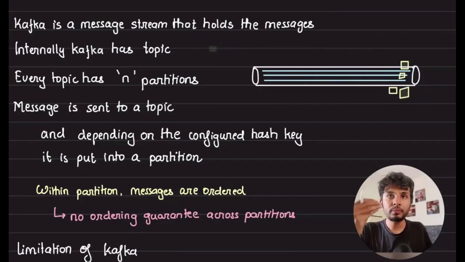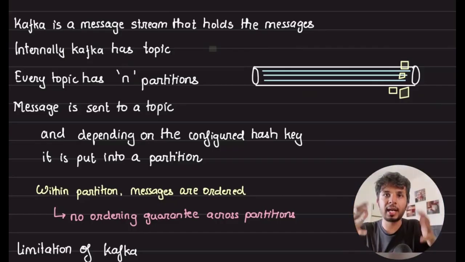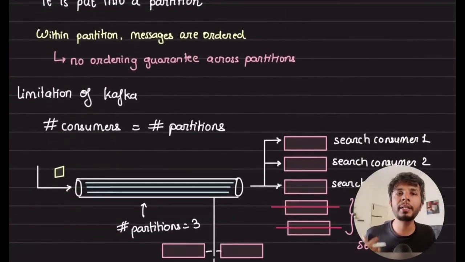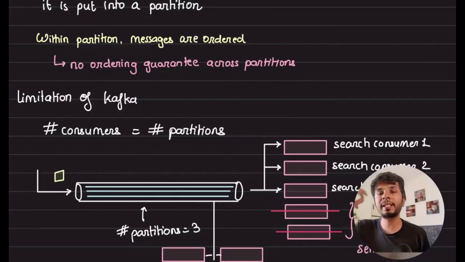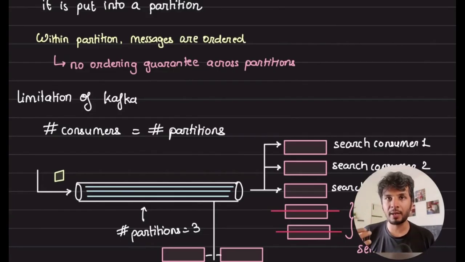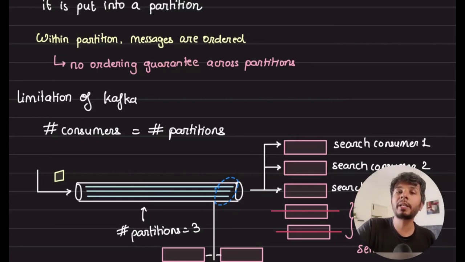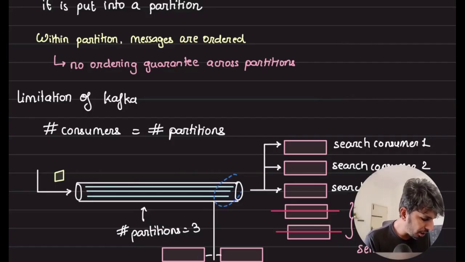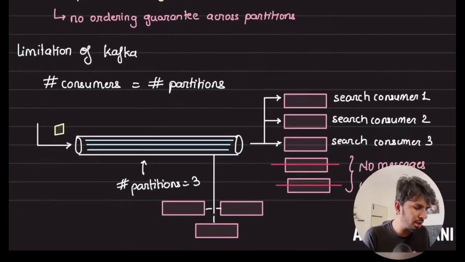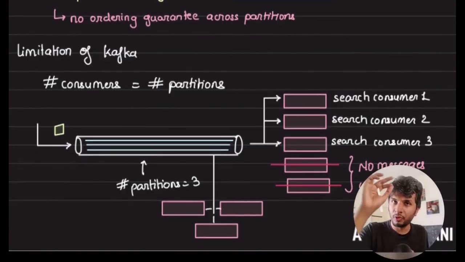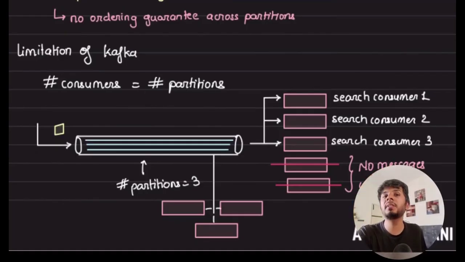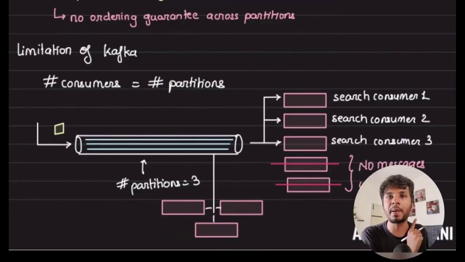Okay. Now that messages are there in Kafka, you want to read those messages. How will you read them? When you're reading from a topic using consumers, let's say there are n consumers. For this Kafka, I have 3 partitions, which means at max in parallel I can have 3 consumers of a particular consumer group. For the search consumer, I can have only 3 consumers running, given I have only 3 partitions.